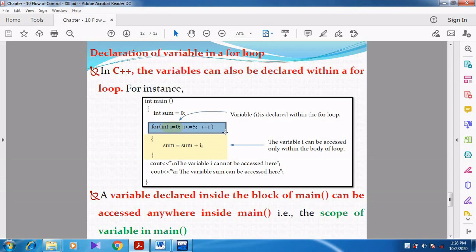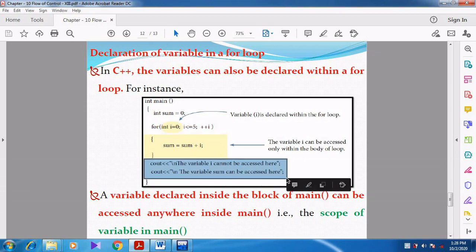Can you understand, students? See here, in the printing statement they have given cout, the variable i cannot be accessed here. The variable sum can be accessed here. That means the variable i cannot be accessed outside the for loop.